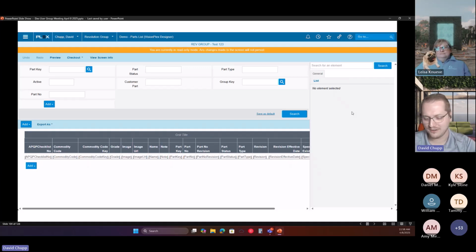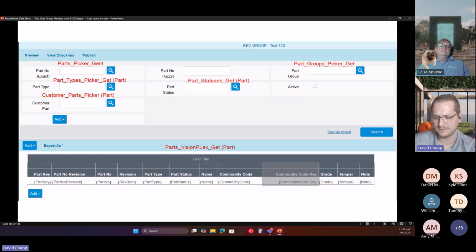So out of the gate, we've got all of our inputs for the data source we've selected. I've got my grid here of this data. I'm going to go through here and delete some of the grid columns that I don't want. I'm going to go through and set up my pickers. I'm not going to go into great detail, as I think Lisa and Tammy did a great job of that. But here are all of the pickers that I used